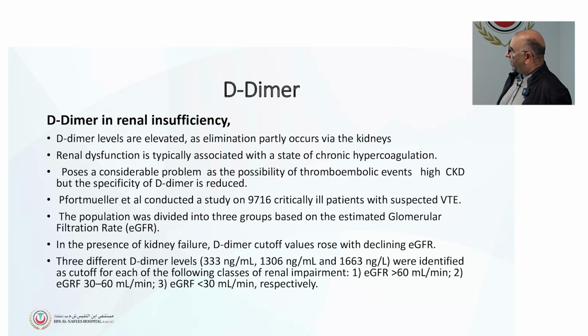So almost 500 when the GFR is above 60, and 1,300 with GFR 30 to 60. So maybe you consider this normal in a patient with a GFR of 30 to 60. If even less than 30, it reached up to 1,600 nanogram per liter. So you have to be careful when you interpret D-dimer in patients with renal failure also, because partly it's